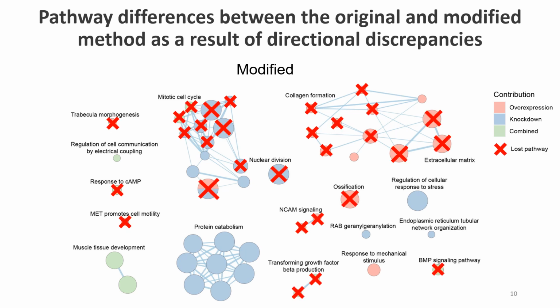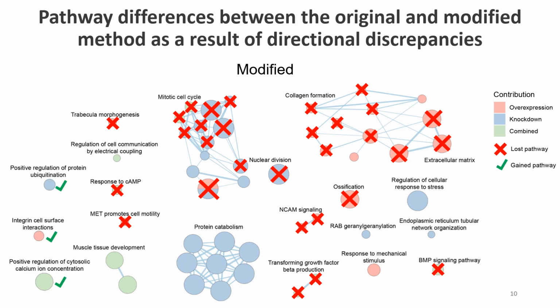So entire themes like NCAM signaling, collagen formation, and mitotic cell cycle are lost, whilst other themes are fully retained, like protein catabolism and muscle tissue development. Not a single pathway within this theme is lost. Some pathways are also gained using the direction-aware method, such as integrin cell surface interactions and positive regulation of protein